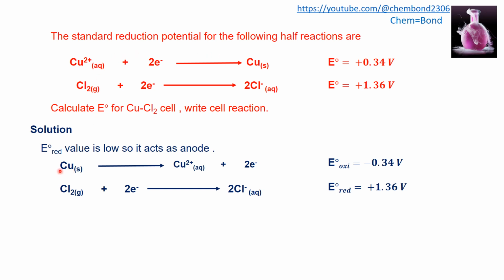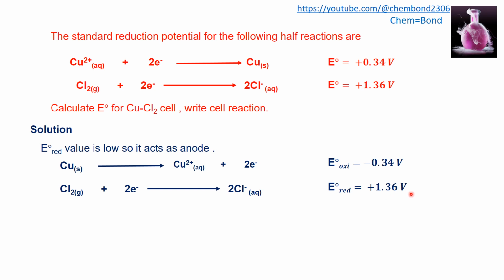So it is written as: copper solid will dissociate and produce copper plus 2 and 2 electrons. Similarly, the sign of the reduction potential is reversed in case of oxidation potential. So here it will be written as minus 0.34 volt. And the other reaction will remain the same. So chlorine, when it gains electrons, will produce chloride minus, and it will act as a reduction half cell. So the value of this cell will remain the same,